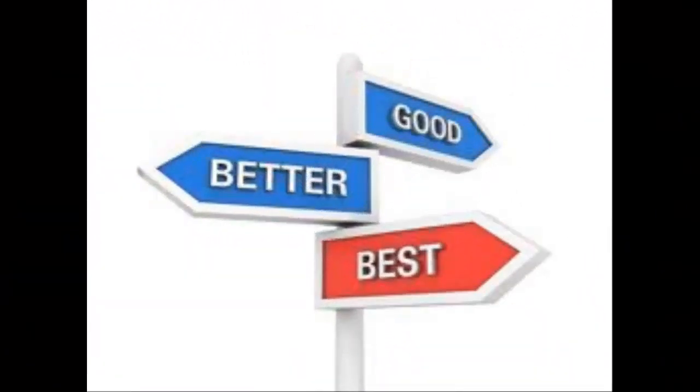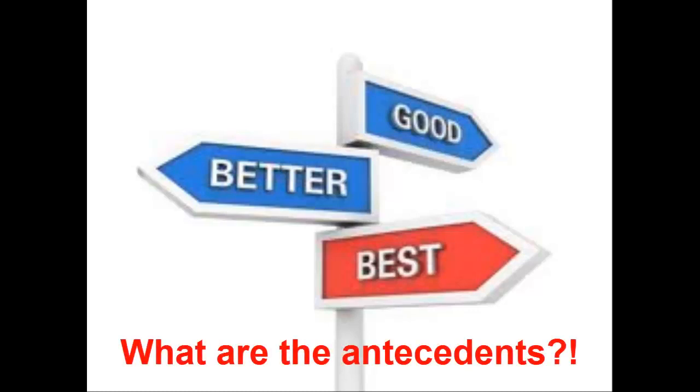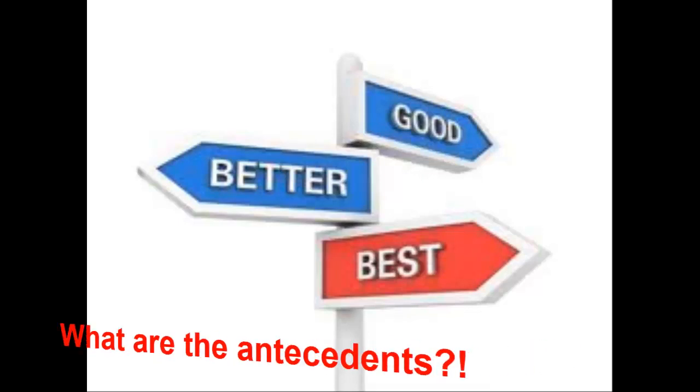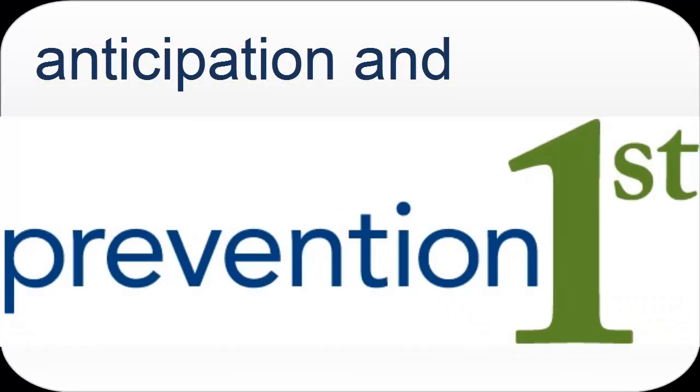But in any event, the best step in managing hostility and aggression is to understand what's causing it. Understanding the antecedents of a behavior, in other words, what happened before the behavior, will allow parents and teachers to better anticipate the likelihood a behavior problem will occur. It's best to anticipate a problem so that you can prevent it, because once aggression and hostility is underway, it's very difficult to intervene at that point.